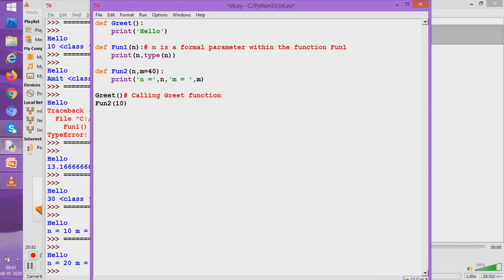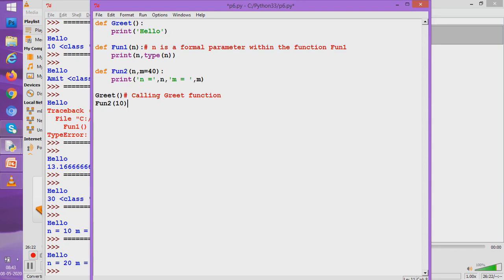It is going to work for us. What it will do is, it will use the value 40 for m, as fun2 has already provided a default value 40 for m. So when we don't give a value to m, m is going to use the default value which it has, and this method is known as default argument method.